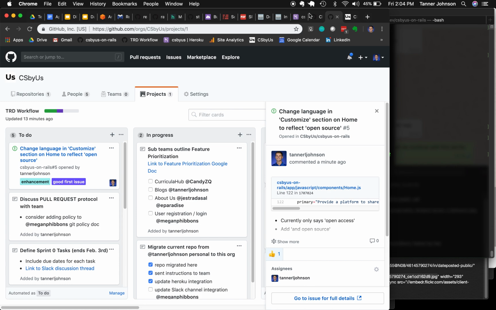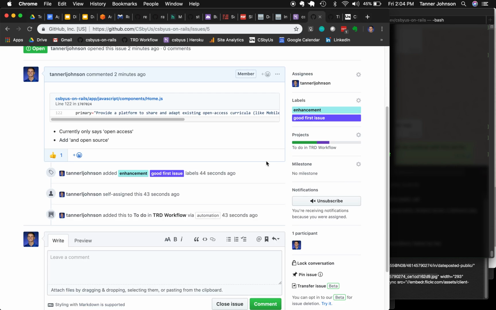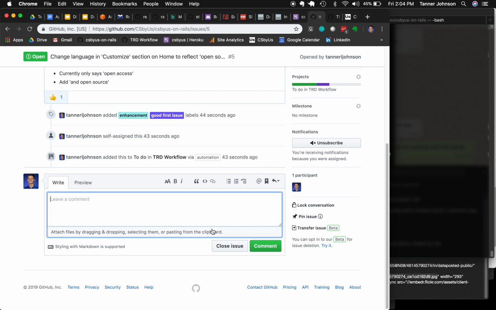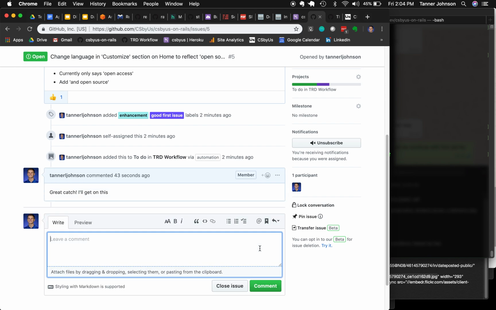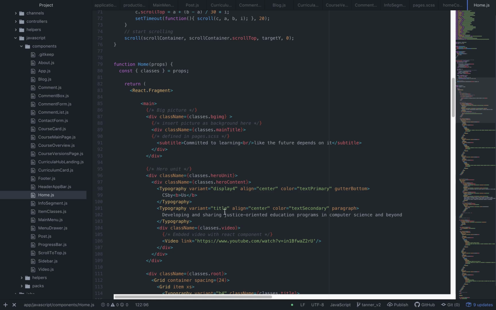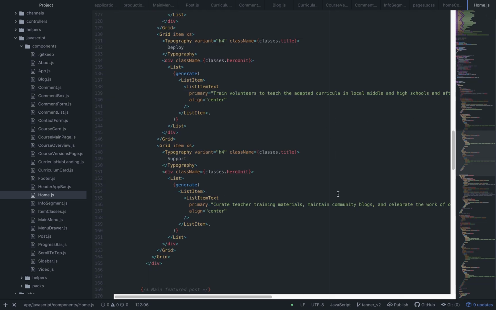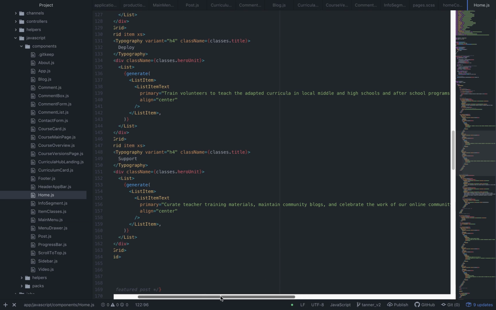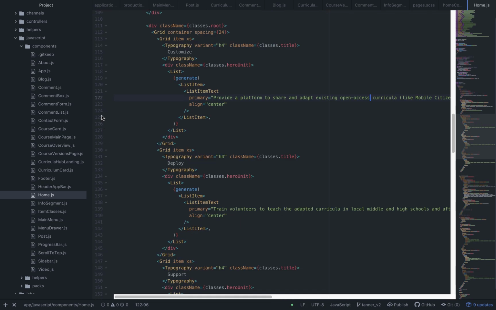And it's in progress. So now is the time where I can go to, let's say maybe I want to agree to, great catch, I'll get on this. Great, so now I'm going to continue with the development. Remember I'm on Tanner v2. I'm going to change the language to reflect the change. Oh, hey, it referenced the line before, line 122. So let's add and open source,